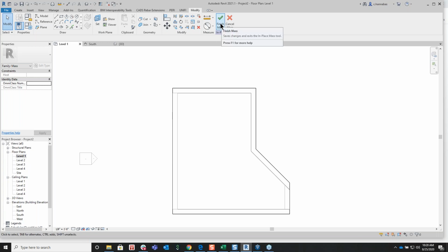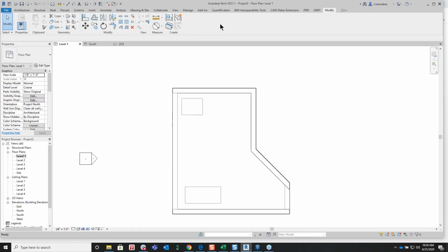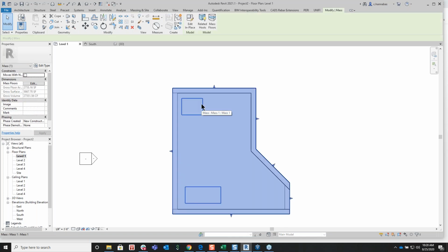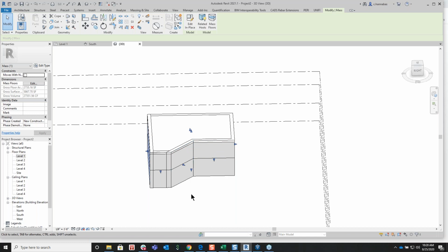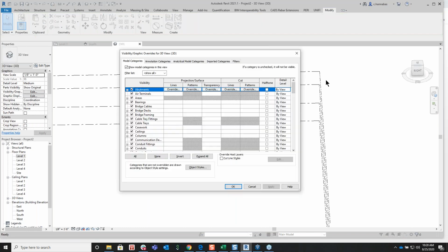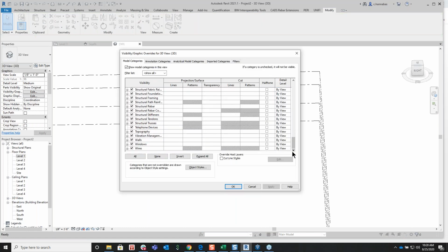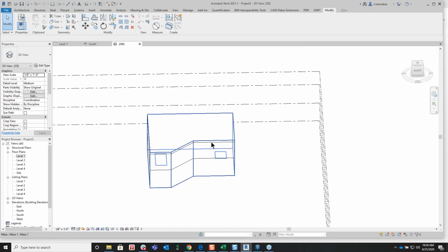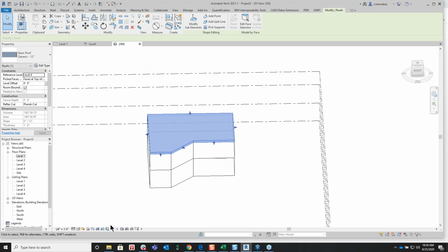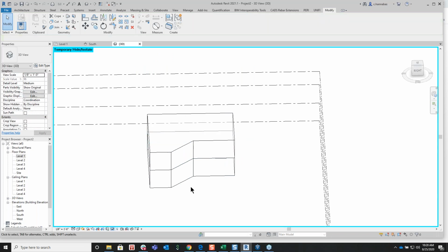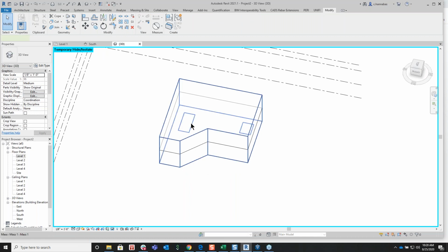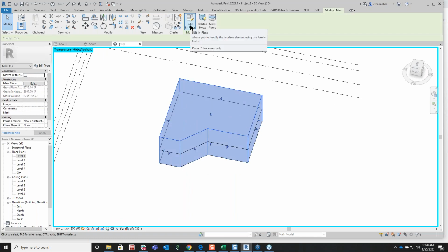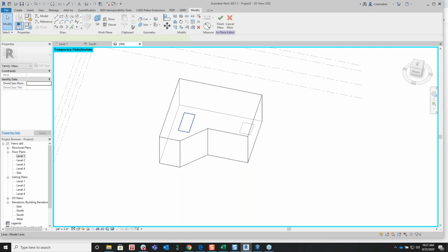You'll notice if I go up here to finish mass, now I have these two different masses. Let's go to 3D. And I'm going to go to VG real quick, and hide my walls just to make it a little bit easier. There we go, just like that. Now I go in through here, I can hide this, and so I can edit in place. Then I can take this